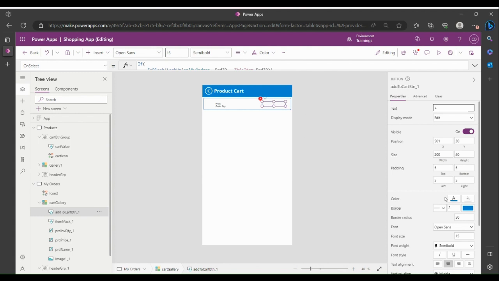And to increase the quantity, first of all, I'd change the width of this to 40. That would look a little better than it was, even nicer. Okay, and I'll place it nicely at the right. Right, and I'll go back inside the OnSelect property